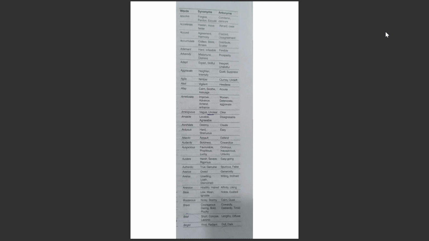Next word is adamant. Adamant is someone who is very forcing. I am adamant on my decision. I am अपने decision पे मैं अड़ गया हूँ. अड़ जाना. Someone who is very rigid in their mindset and in their frame of mind. Someone who is inflexible. And inflexible यहाँ पे बॉडी वाइज नहीं कहते, जैसे फ्लेक्सिबल इनफ्लेक्सिबल, this is not talking about your body type, कि आप कितने फ्लेक्सिबल हैं, योगा करते हैं नहीं, that is not what you are talking about here. Hard का मतलब होता है someone who is hard